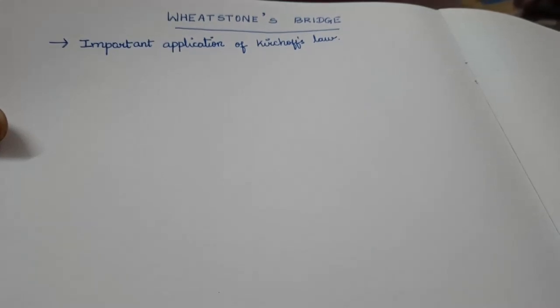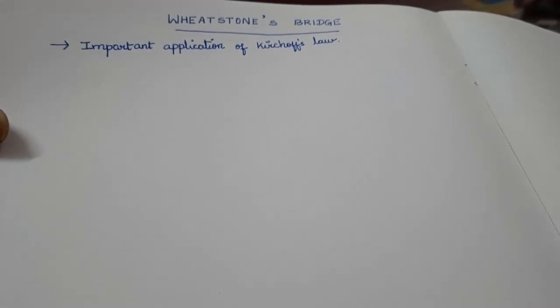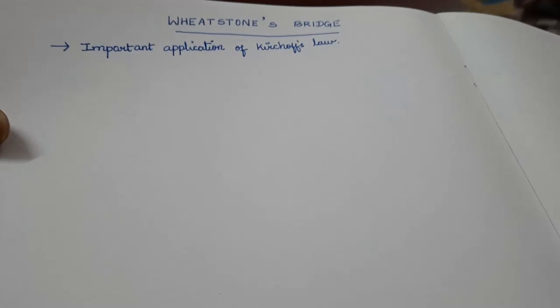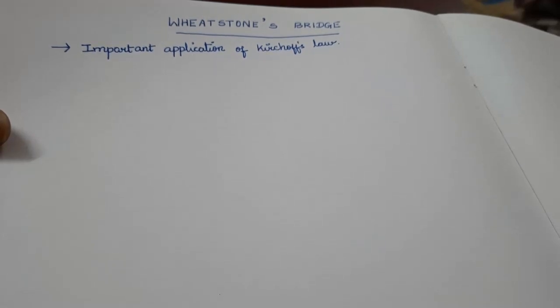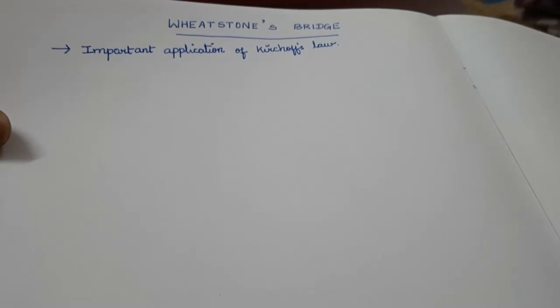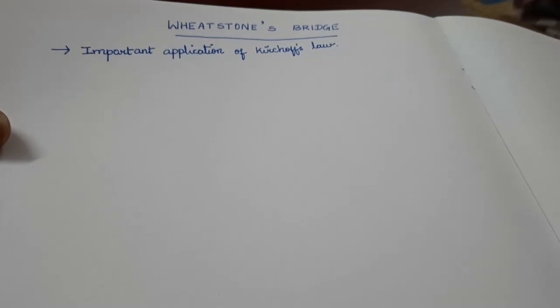In this video, we will obtain the condition for balance in Wheatstone's bridge. An important application of Kirchhoff's law is Wheatstone's bridge. We have two Kirchhoff's laws. One is called Kirchhoff's current law, the other one is Kirchhoff's voltage law. These two laws will help us to get the condition for balance in